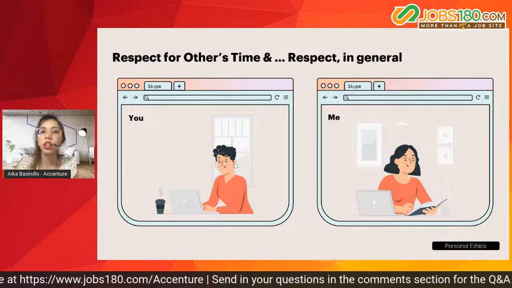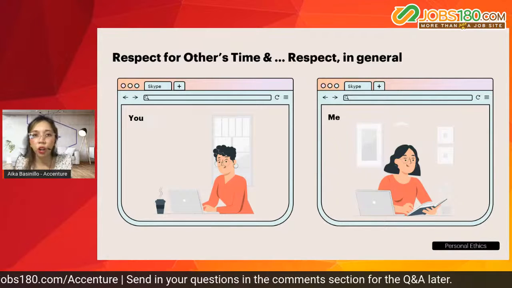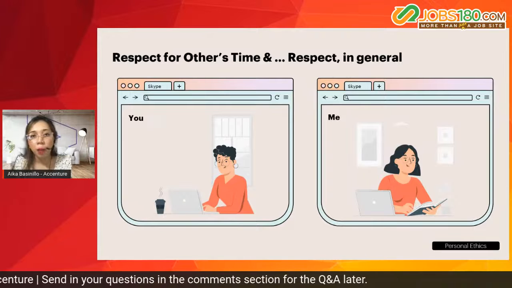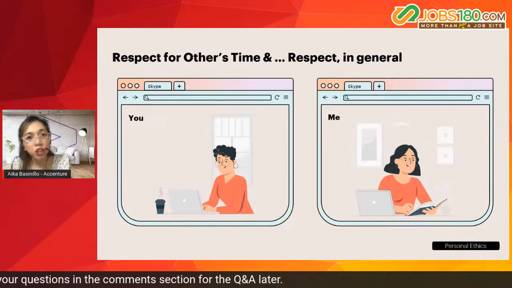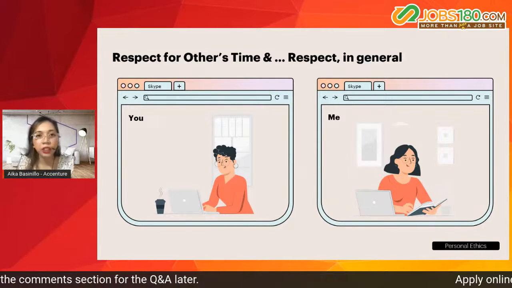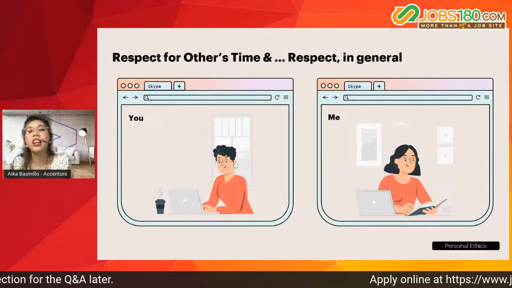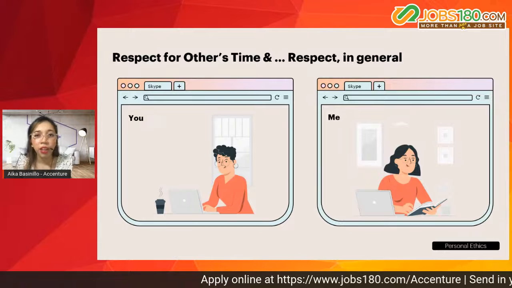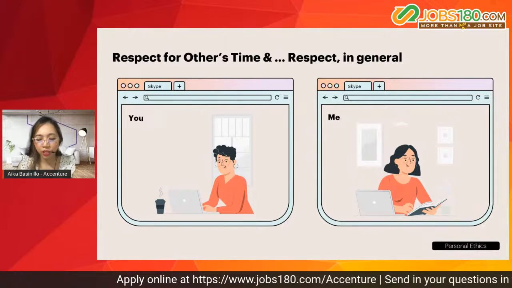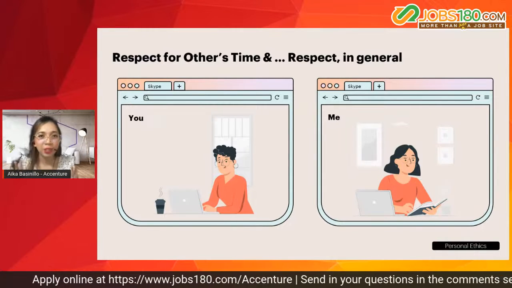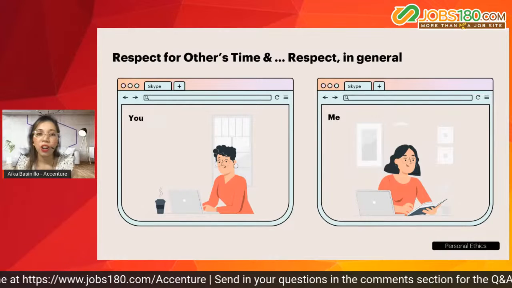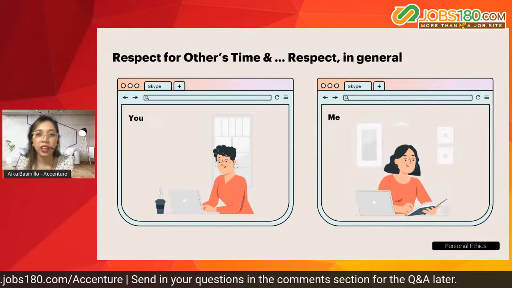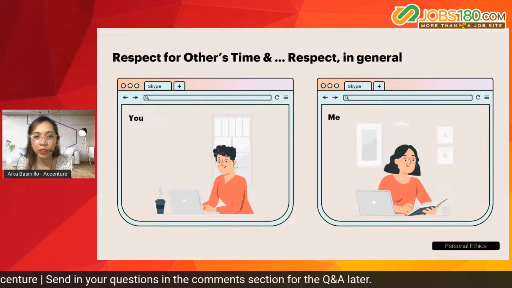You can just mention to the people inside your call that, hey, I'll be taking a call, it's urgent, or I need to reply to something, or maybe I have a delivery, so I need to get down. So do not leave people unattended. Make sure that they know if you will need to talk to someone else